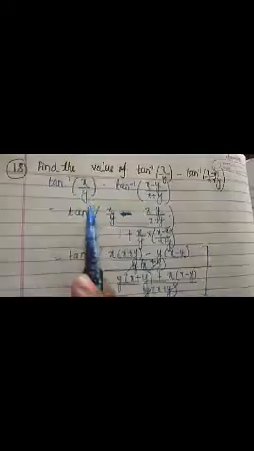Question number 18. Find the value of tan inverse x by y minus tan inverse x minus y by x plus y. So this is a very easy question in the form of tan inverse a minus tan inverse b. So it is nothing but tan inverse a minus b by 1 plus ab. So tan inverse, here just we have done the calculation. Okay, are you getting? So what you are getting, tan inverse 1, that is pi by 4, that is equal to pi by 4. See the solution part. You can pause. If you think you are not able to do, you can pause it and then proceed.